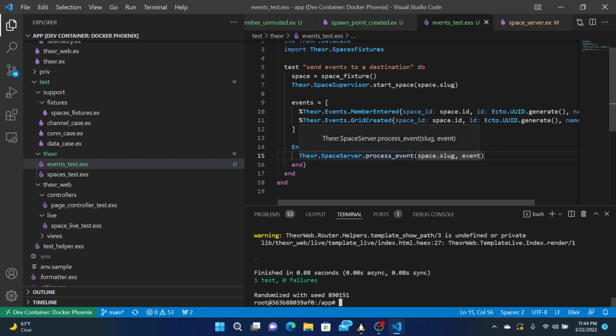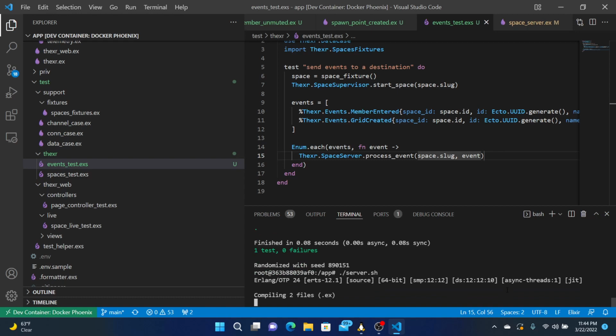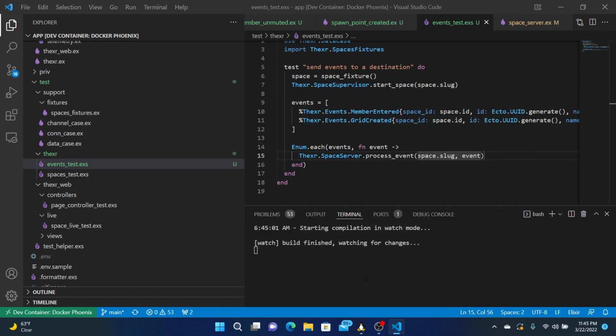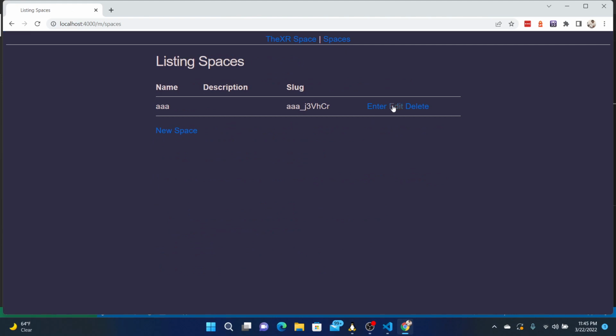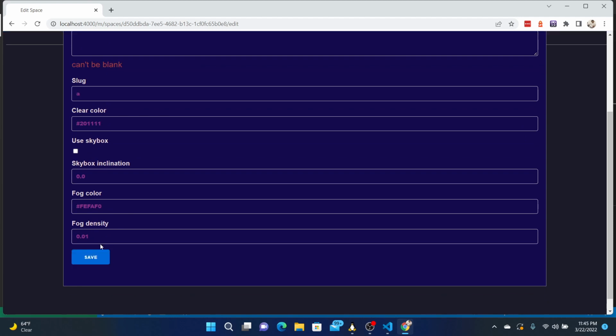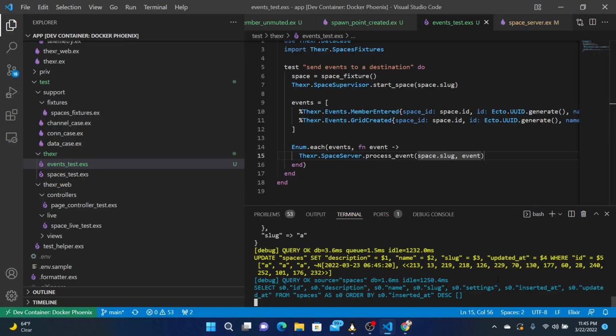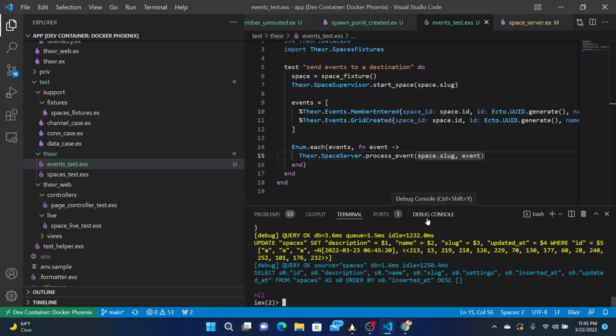So I don't know what happened here, but we can just simulate it. So we know that we have currently, make a space, call it the slug A. So we can start the server.